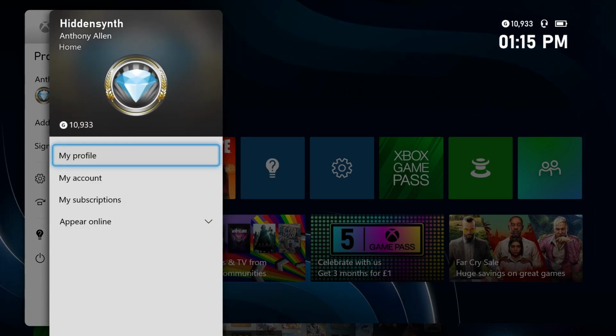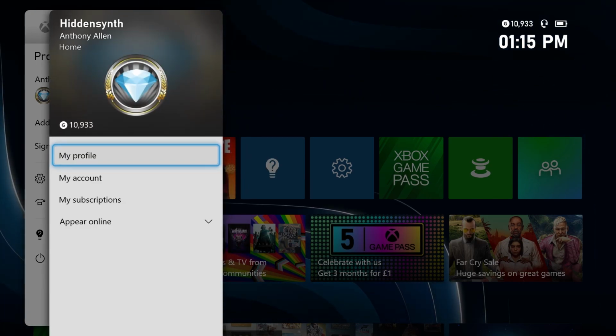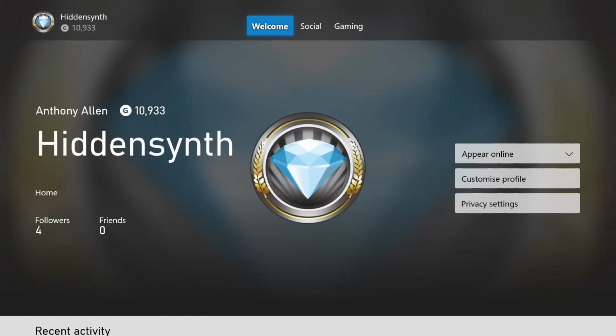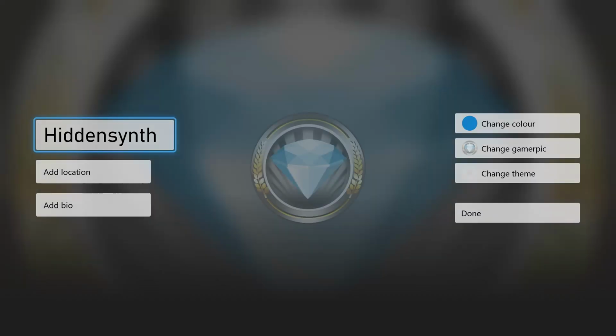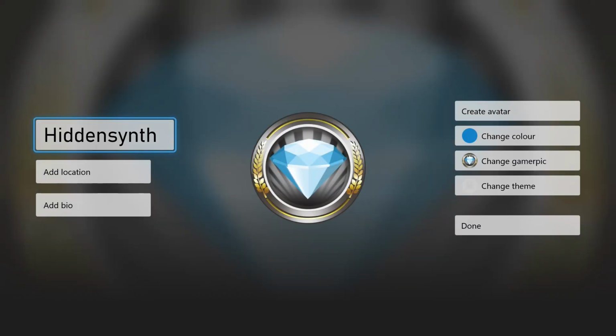You can select your name from the top of the menu here. From this point, you want to select My Profile. From here, you want to go down and select Customize Profile. Here you will be able to change your name. You can see I've highlighted my name here on the left hand side. Hidden Synth is the name of this profile. If I select this,